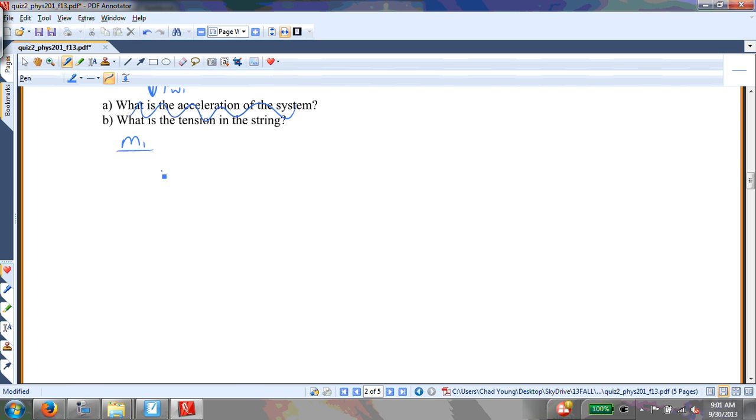For mass 1, my x and y coordinates, I have Fn1, I have Ft sine of 30, and I have Ft cosine of 30 on the x-axis. Over here I have Fk1, and then down here I have Fw1. Right. And then for block 2,